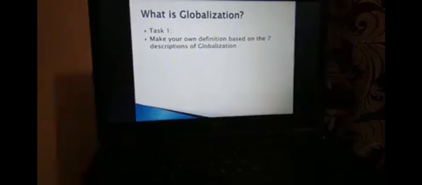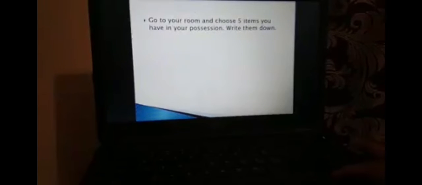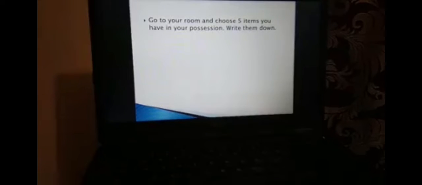Now, in the same entry, in the same box where you write the definition of globalization, you go to your room, this is task number 2, and choose 5 items you have in your possession. Like in your bedroom, probably there's your cell phone, you have a teddy bear, you have a TV, whatever you have there in your bedroom, choose 5 and write it down.